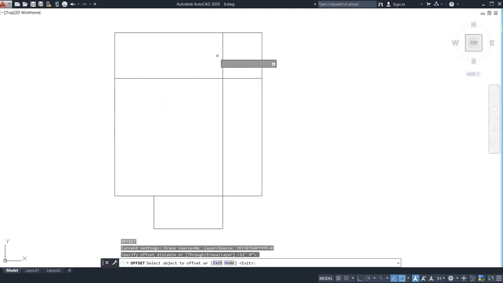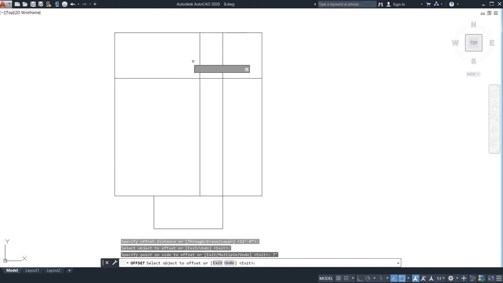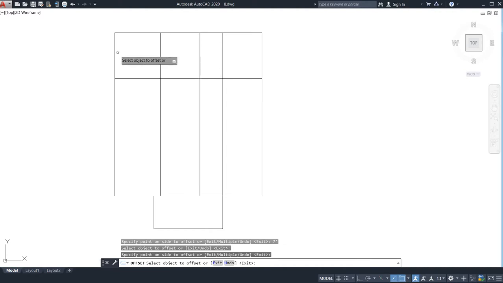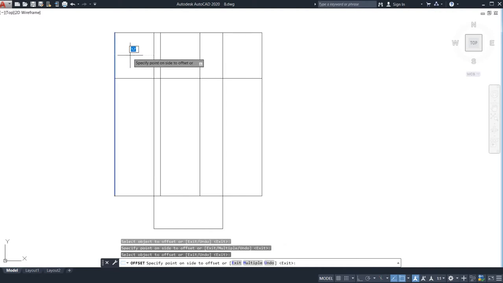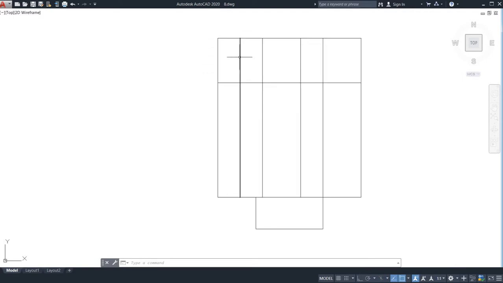Actually, from here to here I want to keep a toilet and bathroom, so I'm going to take 7 feet for the washrooms. Now again I need to keep one bedroom of 12 feet. After that, go for the staircase. I'm going to keep my staircase in the south direction, because I have already told you this is my east facing plot. So now go for 7 feet here, and it comes up to here. I have kept it here at 7 feet.